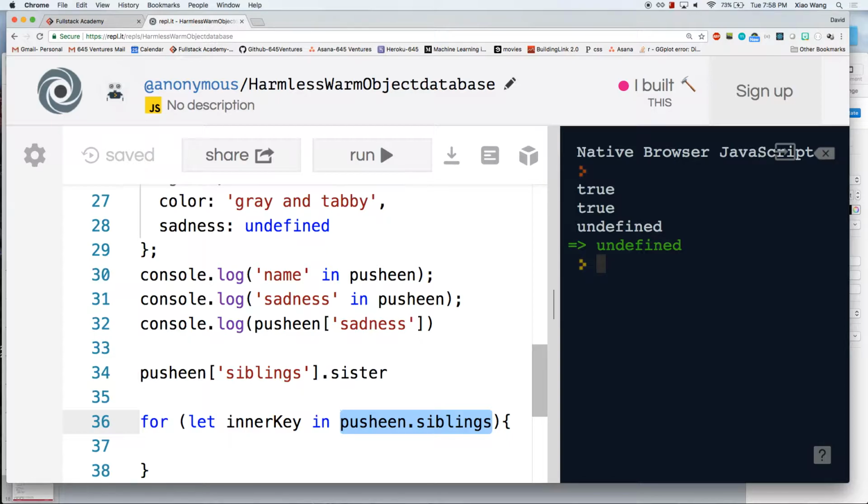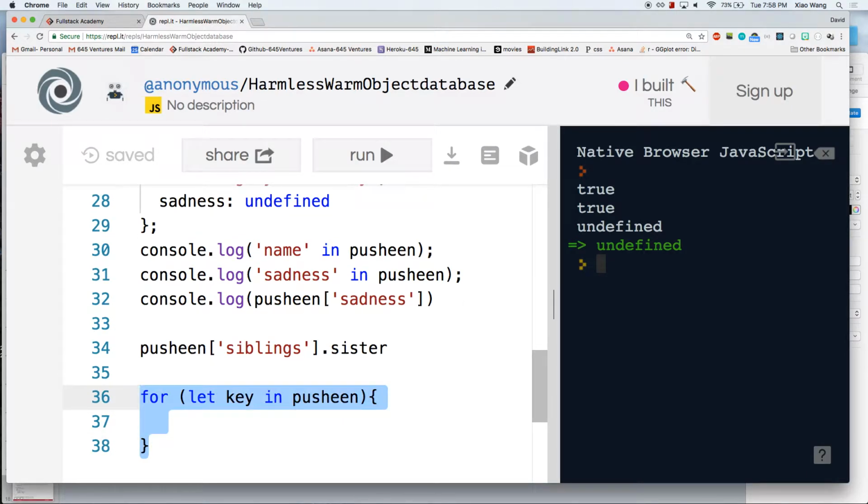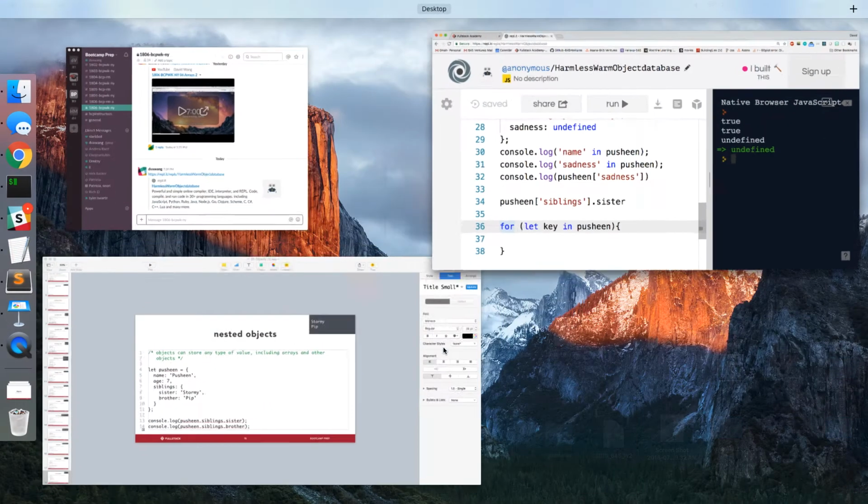Right. What I was suggesting though is if you did not have .siblings, and you had let key in Pusheen, and one of the values happened to be an object, would it come out in the console.log as an object with the keys and values within it? Right. So for a for loop, that's all you need, and that will give you every single key. What you want to do with the value, the code doesn't care, right? So if I just want to console log out,